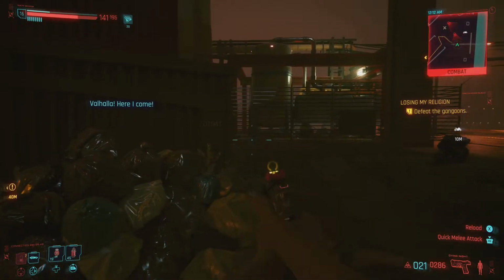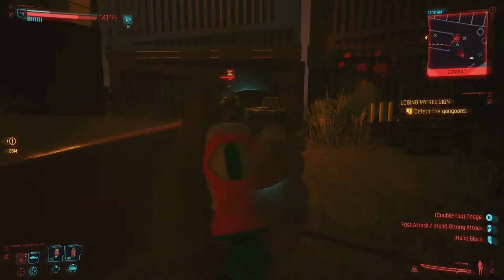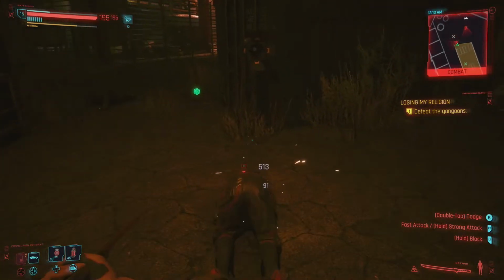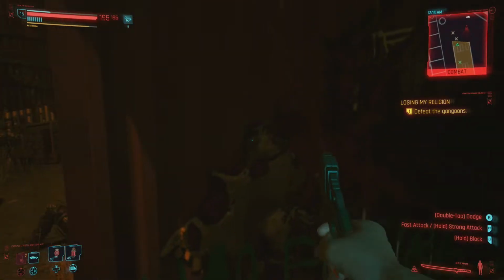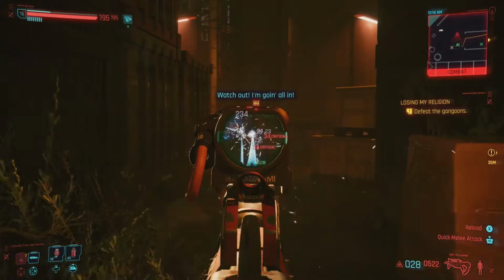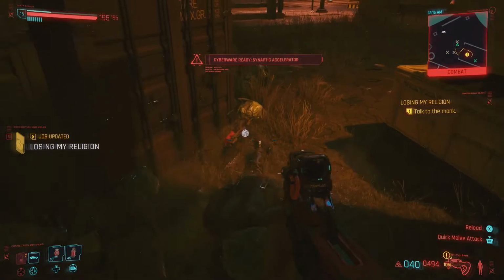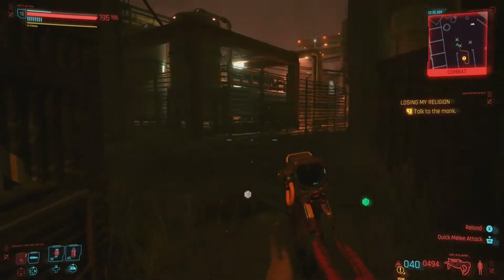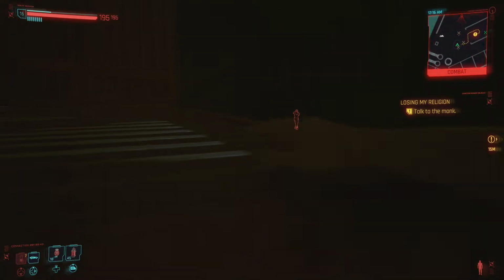Here I come! You really want this? You want it? It's a weakling! Alright, let's wait. Woo, let's go. Well, this guy, whoa, what the hell? Bro, I get attacked from everywhere now. You want to get dishonored? Alright, we're gonna...